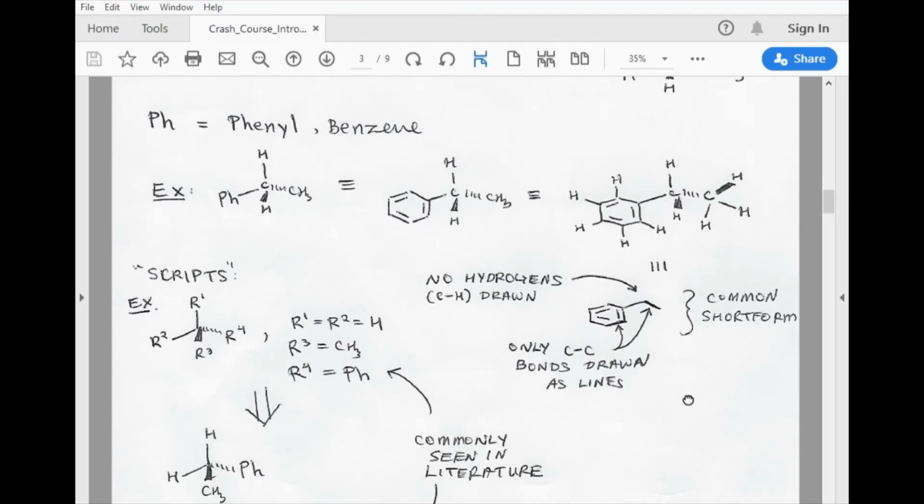or you could simplify the structure greatly and do a line structure where the benzene ring is drawn with no carbon-hydrogen bonds, and this carbon, these two carbon atoms are connected as one simple line, and again, no carbon-hydrogen